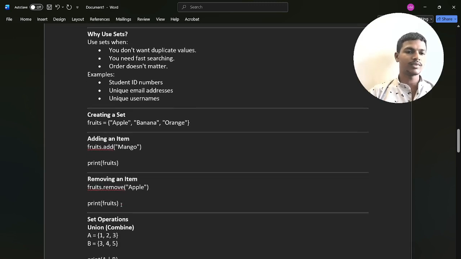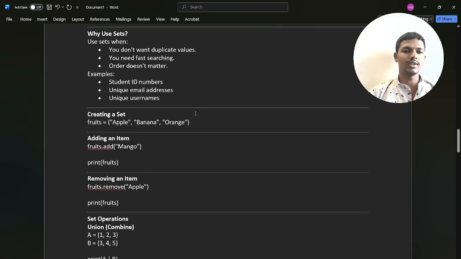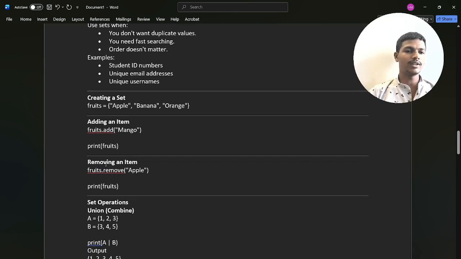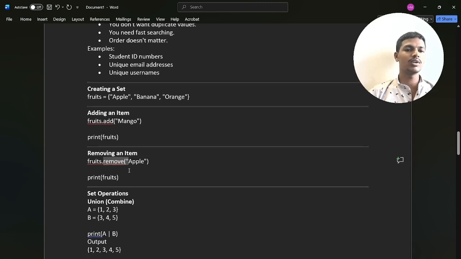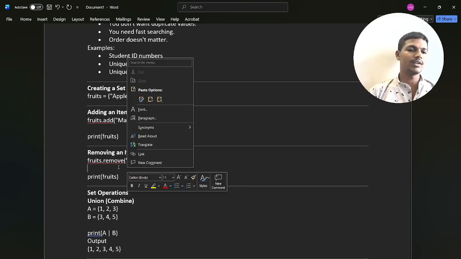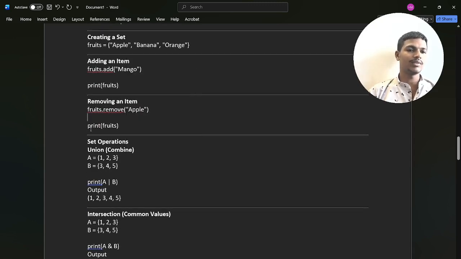Here mango will be added and displayed, and we are removing apple. The remove method is used to remove values. Then you print fruits. Then remove the apple, and automatically it will be displayed like